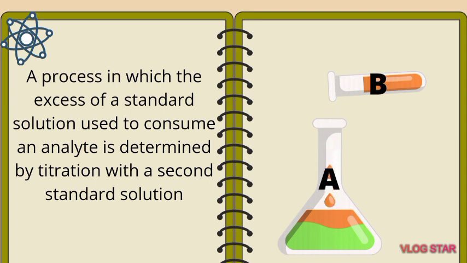Reagent B is usually a common titrant itself. The amount of reagent B is chosen in such a way that an excess remains after its interaction with analyte A. This excess is then titrated with titrant C. The amount of analyte A can then be determined from the difference between